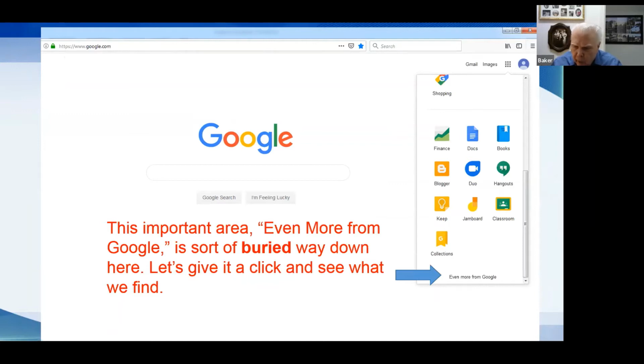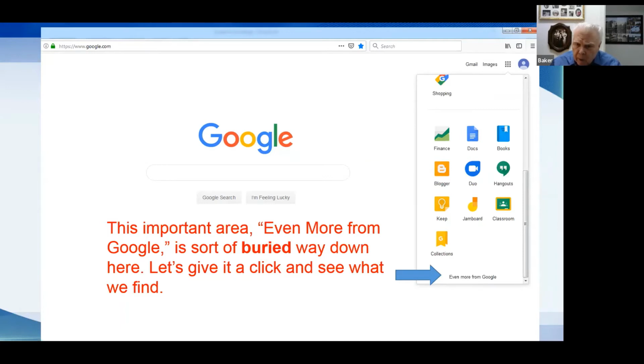I gave this same presentation to a group a few months ago, and there were about 50 people in the room, and I asked how many of you have ever clicked on those nine dots and found apps and worked with those apps? I think it was like three people, was all. I think a lot of people are missing that whole area. I think that Google should do a better job of advertising what's within those nine dots, because we're going to find several really good things.